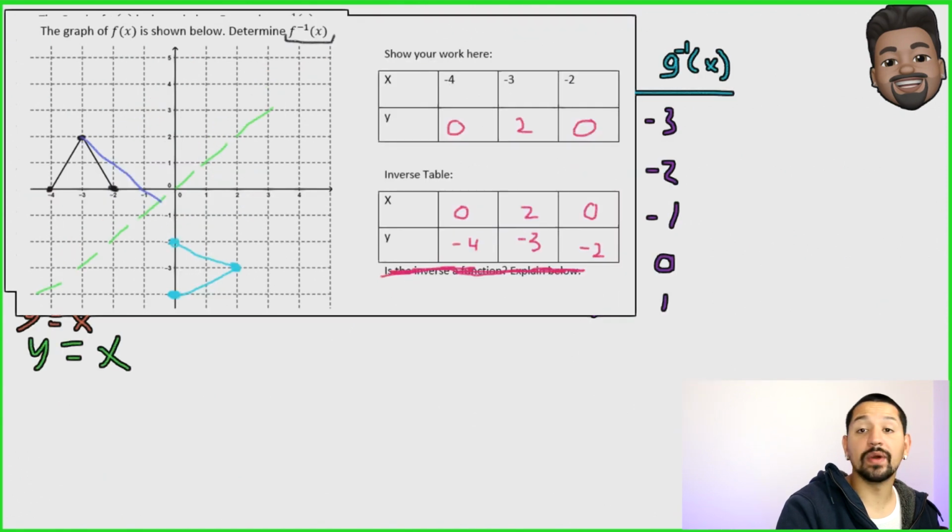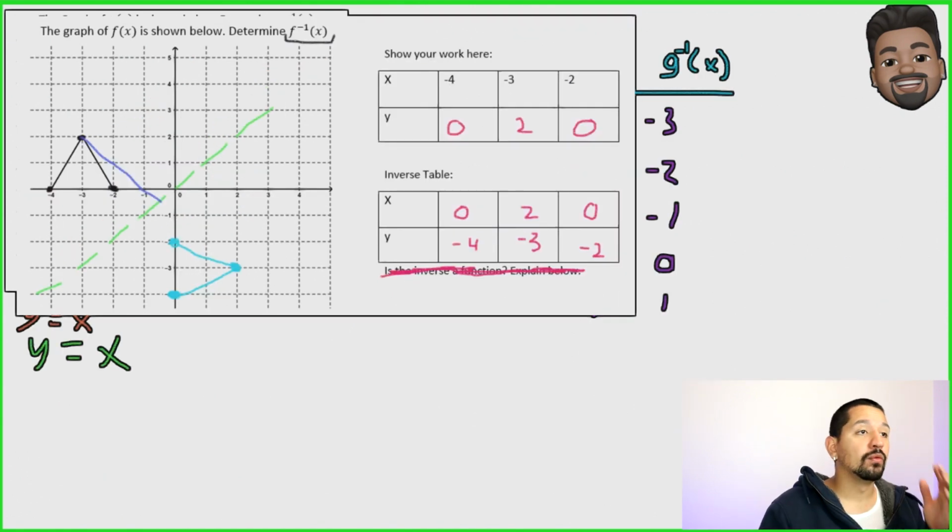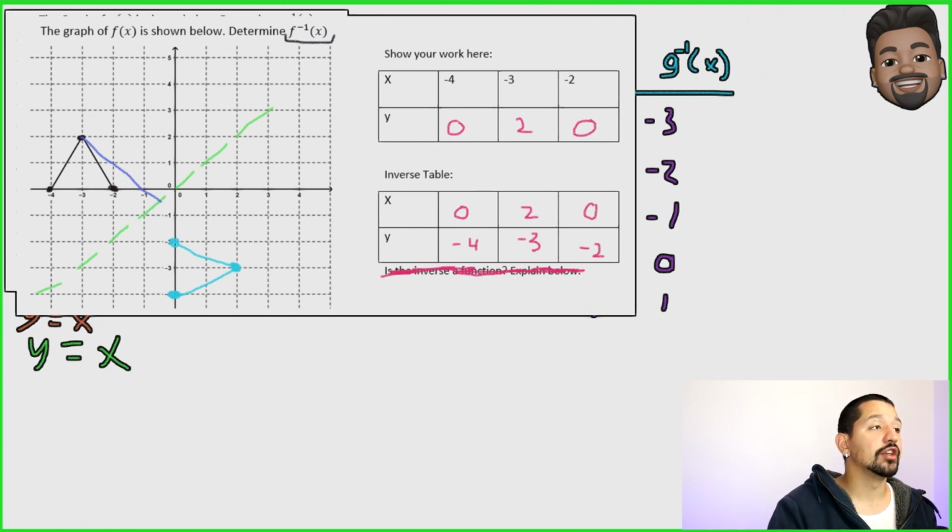What are our big takeaways for today's learning? Well, when you do the inverse of a table, you switch the x and the y's. And when you do the inverse of graphs, you can make a table and then plot the inverse graph, or you can draw this y equals x line that we just discovered, and it's a reflection across that line like a mirror. And because they undo each other,